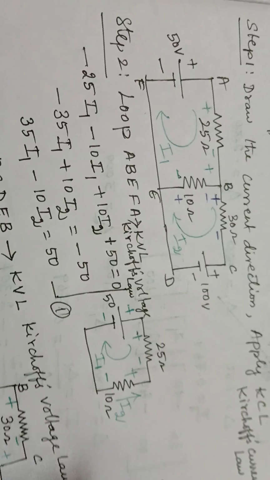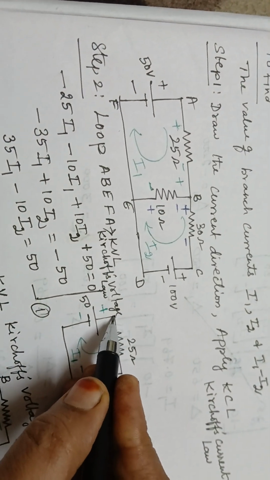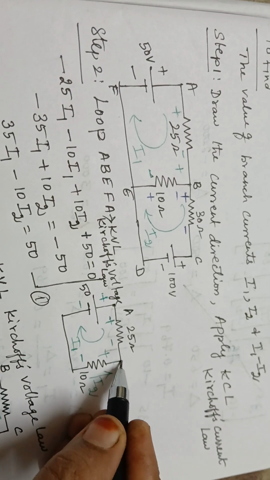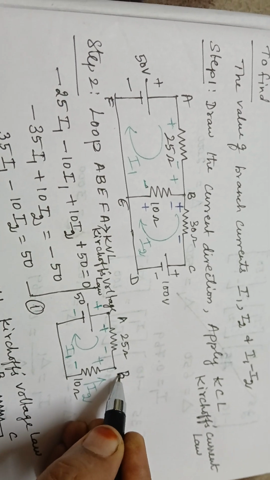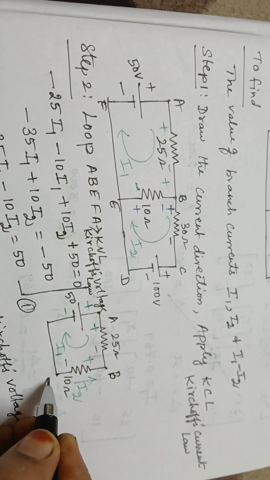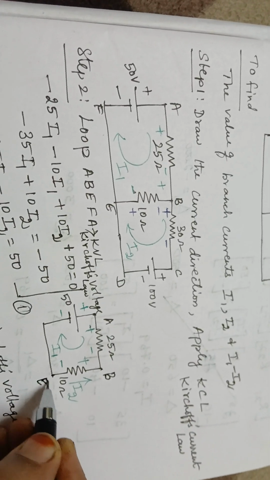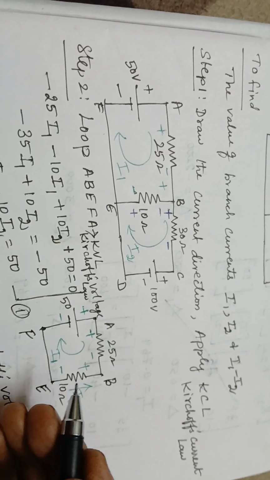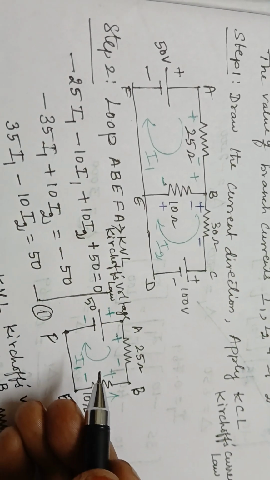What is this loop? Here it is A, this point is B, this point is E, and this point is F. These nodes we have selected, and we are going to apply